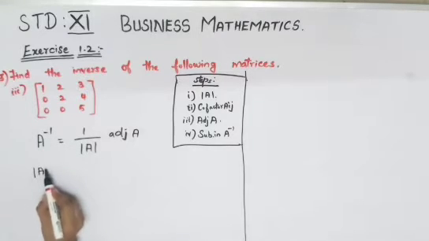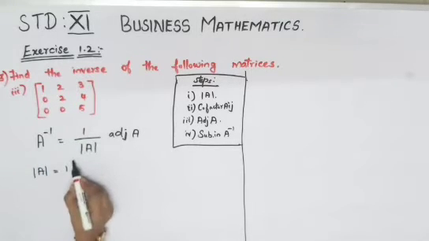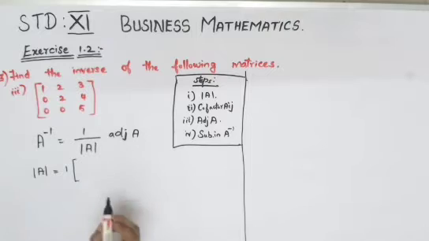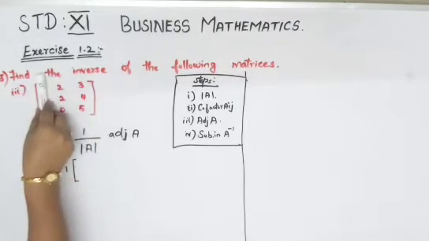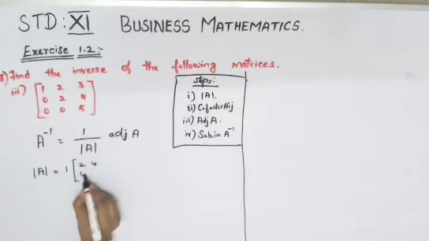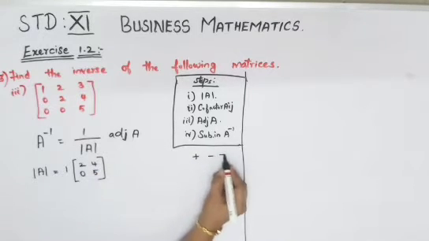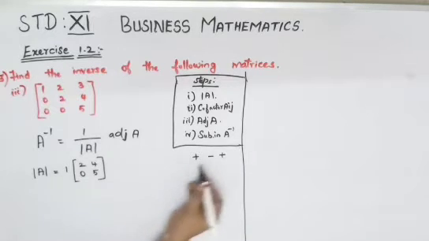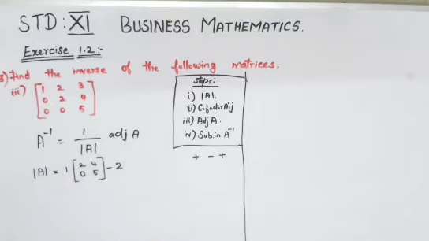So determinant of A is equal to, first element you will have to see, that is 1. Then you have to write the minor of 1. The row and the column have to be crossed out, so this column and this row will go. Left out is 2, 4, 0, 5. And you have one format, plus, minus and plus. So the first term is plus, the second should be minus. This 2, your second element, you write it, it is 2. Then open your bracket. Now write the minor of 2.